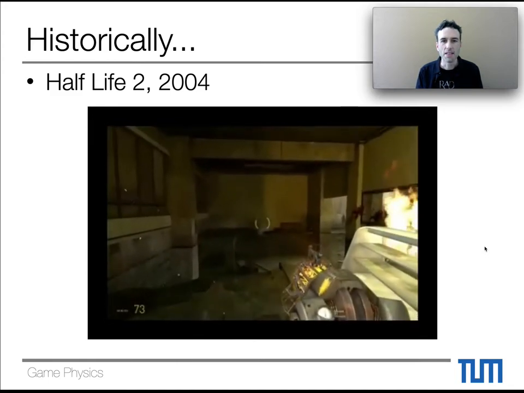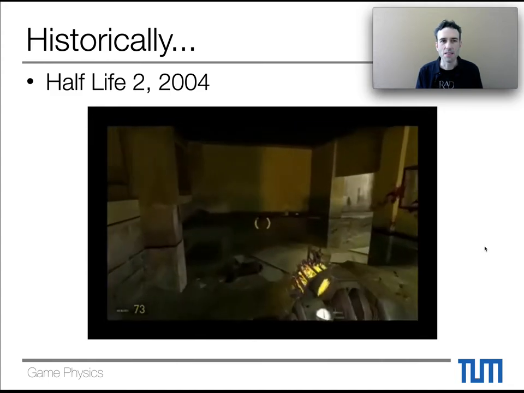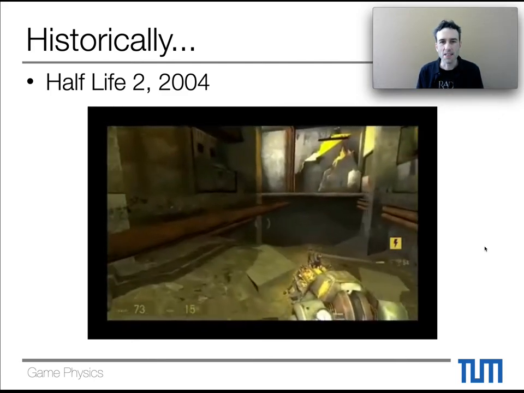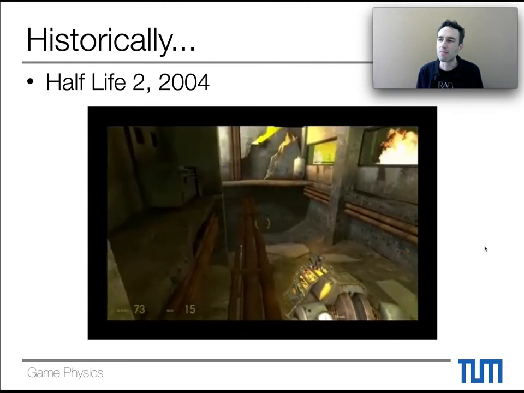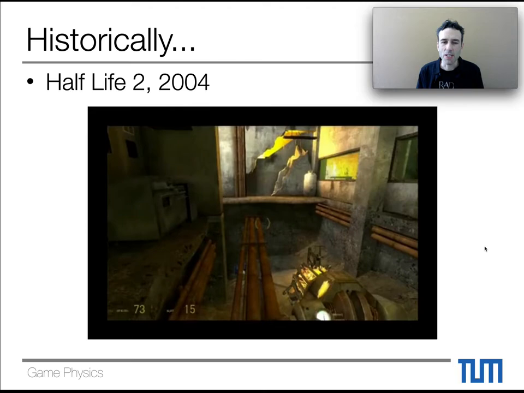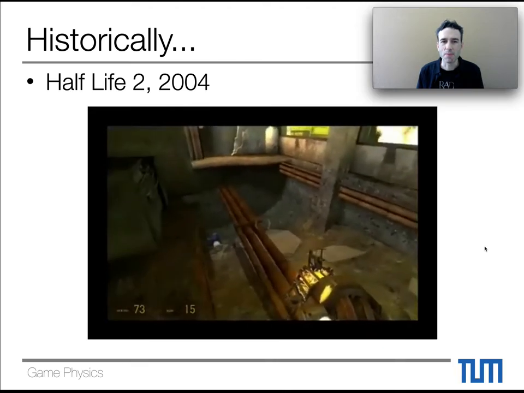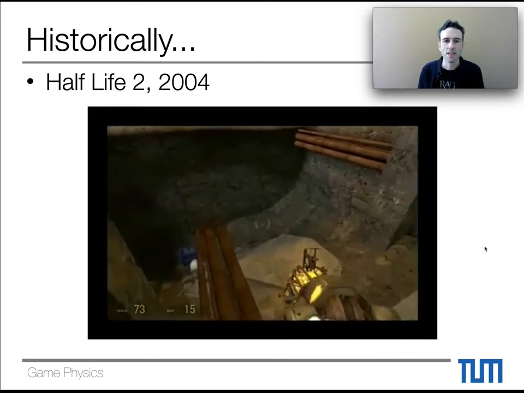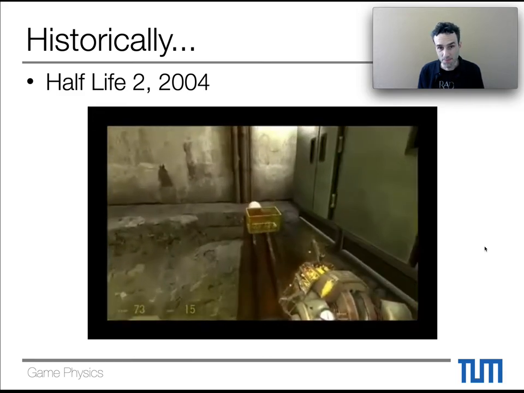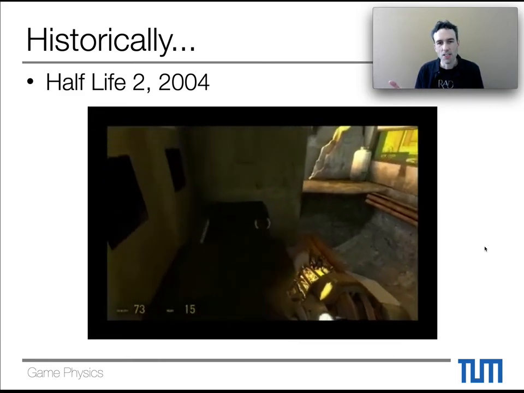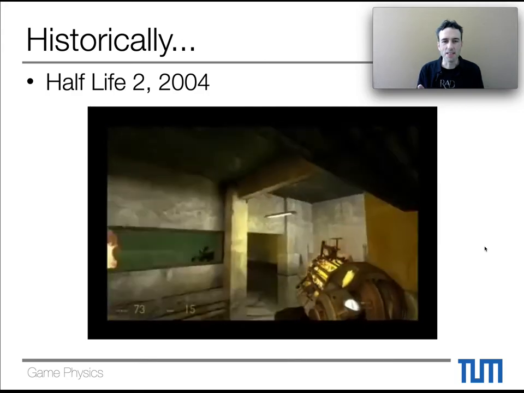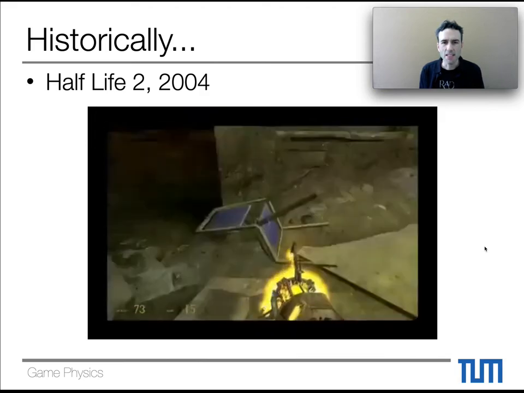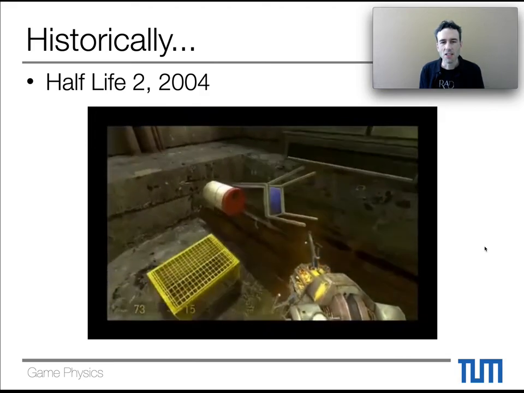Then a nice example is Half-Life 2, another shooter, but in this case, I think you can argue it is the first game that really was able to pull off 3D rigid bodies as part of the gameplay and make it fun, in contrast to Descent. So here, one of the tricks is this gravity gun that you can see here that you can use to modify objects relatively easily. And here in this case, I hope you can see it a bit on screen.